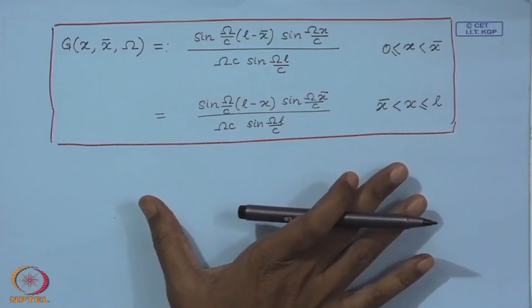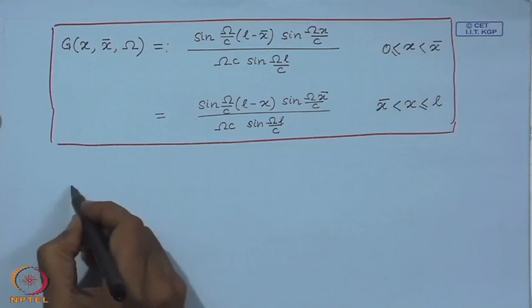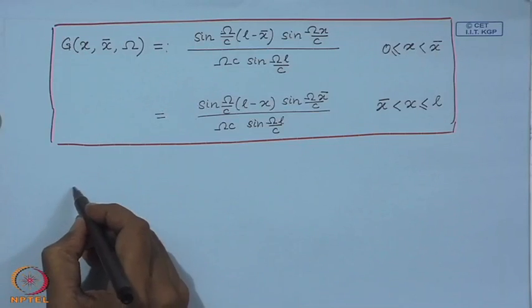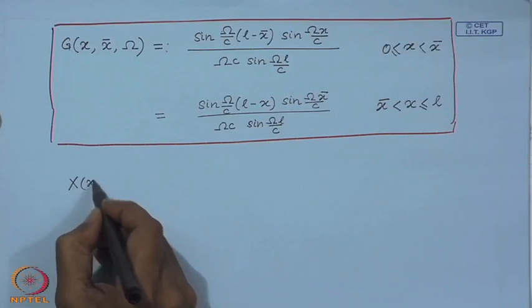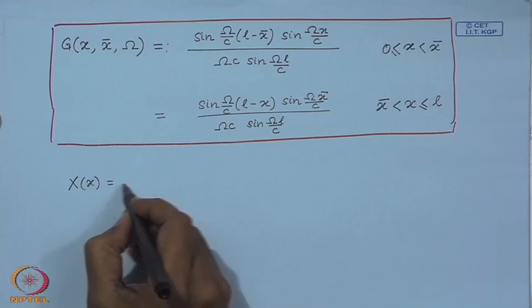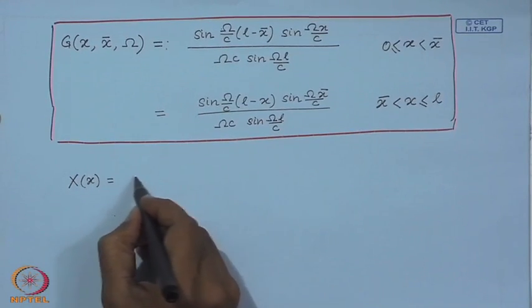Now, once we have this Green's function, then corresponding to any force distribution capital Q of x, we have seen that the amplitude function of the particular solution can be written as